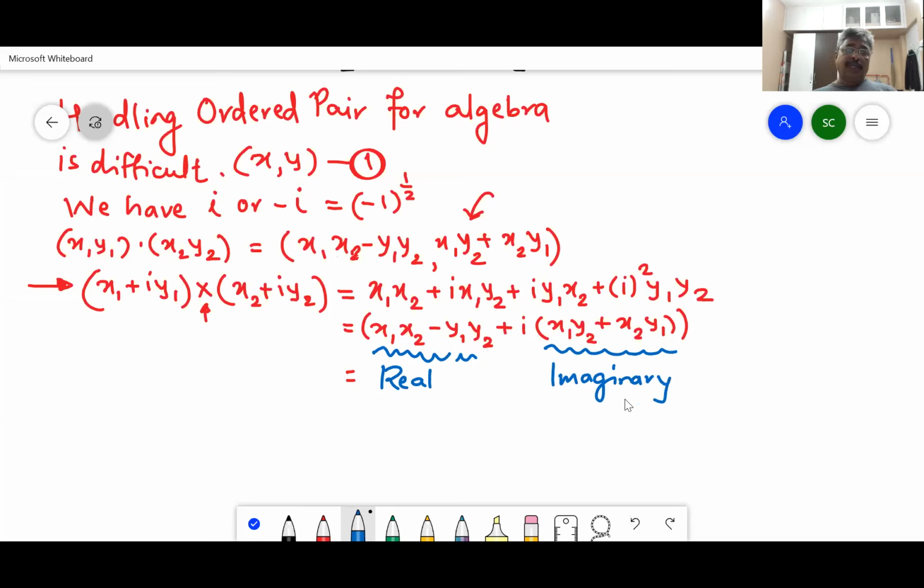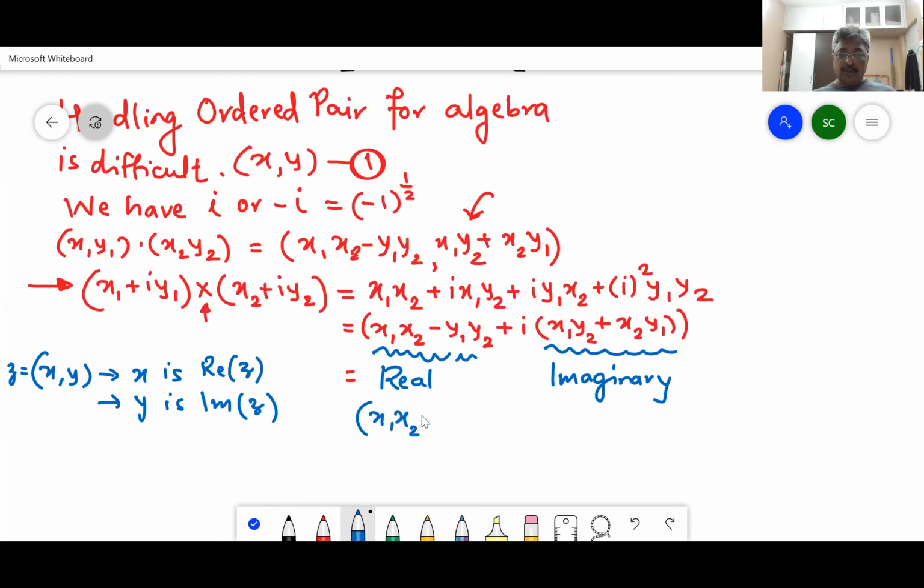Okay, so in the normal representation of complex number x comma y, let me write it down technically correct. Z is equal to x comma y. Then x is the real part of Z and y is the imaginary part of Z. So the real part of Z in this case happens to be x1 x2 minus y1 y2,